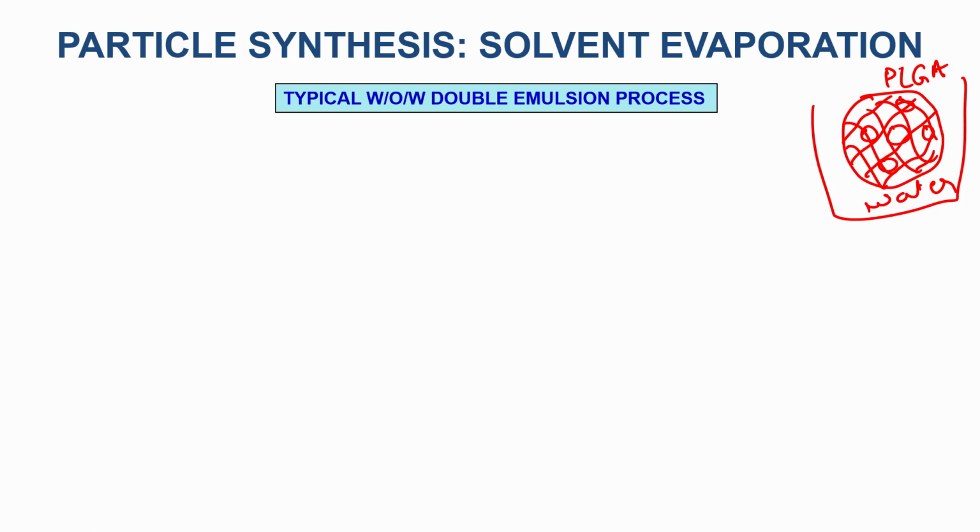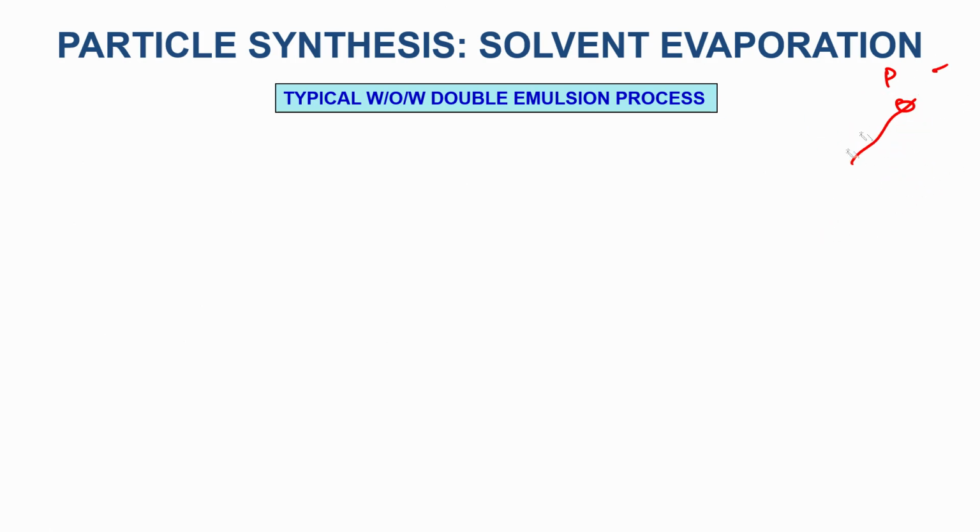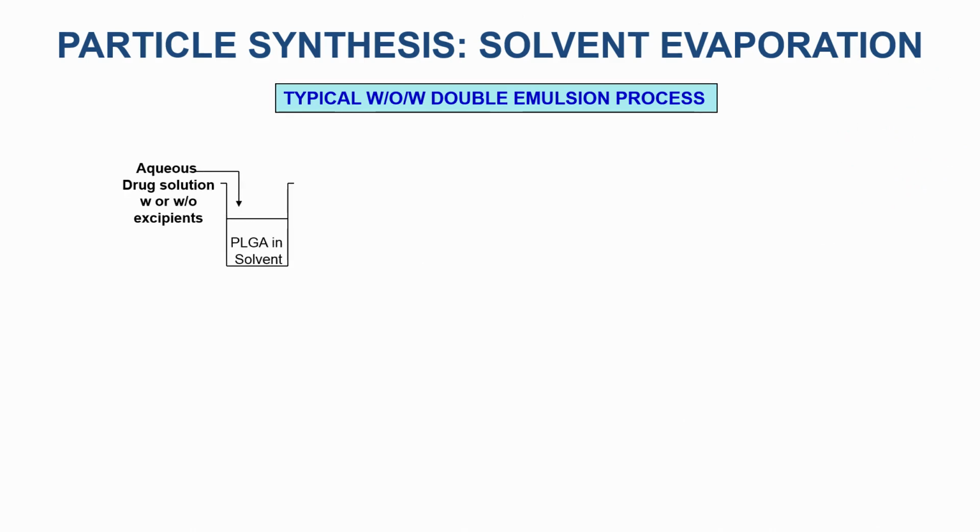So this double emulsion is a modification to the single emulsion process, which allows you to encapsulate both hydrophilic and hydrophobic drugs, and let us talk about how we actually do that. To do that, we have an aqueous drug solution, which is typically water. In this case you have an oil phase, and you add a little bit of the aqueous drug to it. Let us say if this was 10 ml, then you add 1 ml to that,